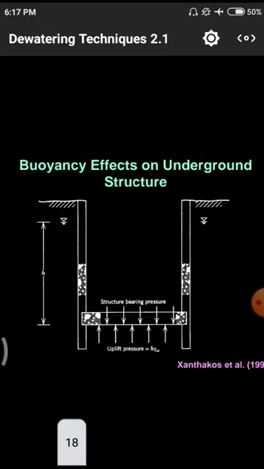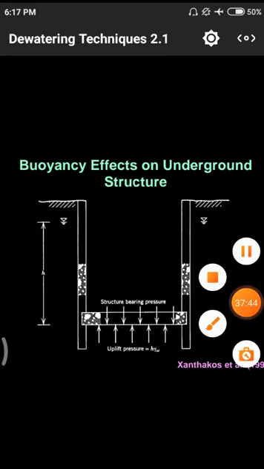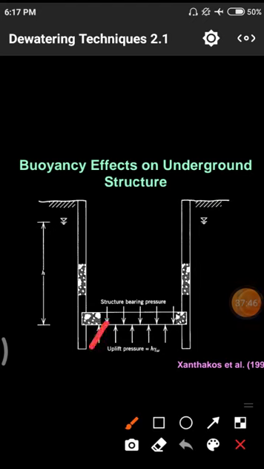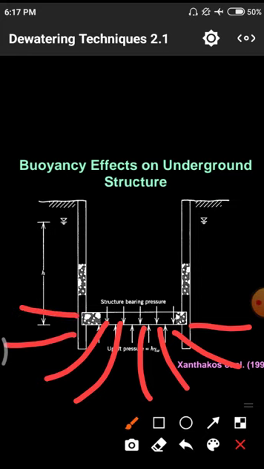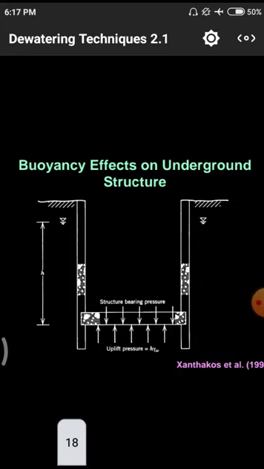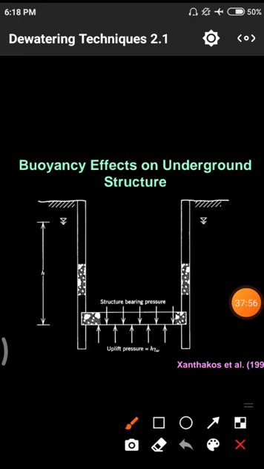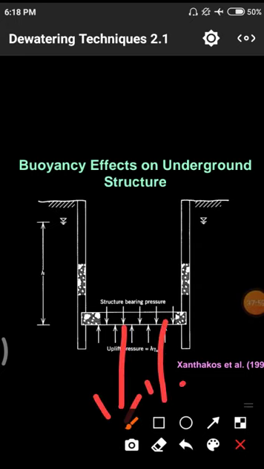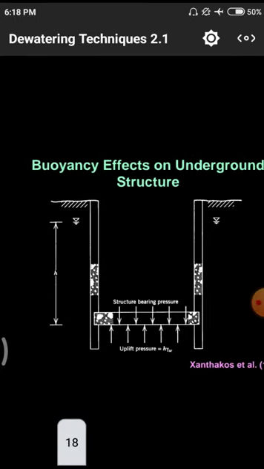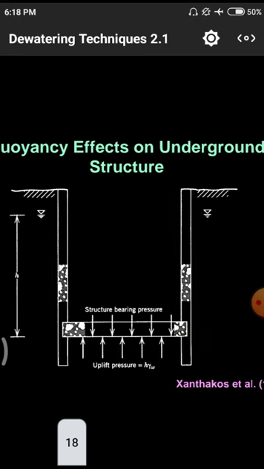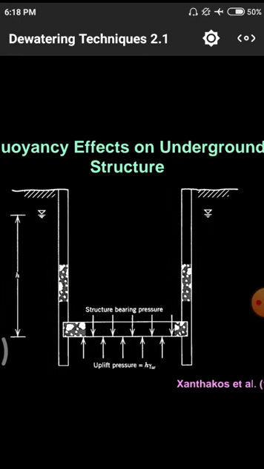I will show this with diagrams. Normally this is the structural force, and this force will be dissipated into the earth in different layers. If it is not dissipated like this, and instead is dissipated at a single point, there may be penetration of the foundation. The force will be transferred in a parabolic pattern, so that the force is transferred automatically.